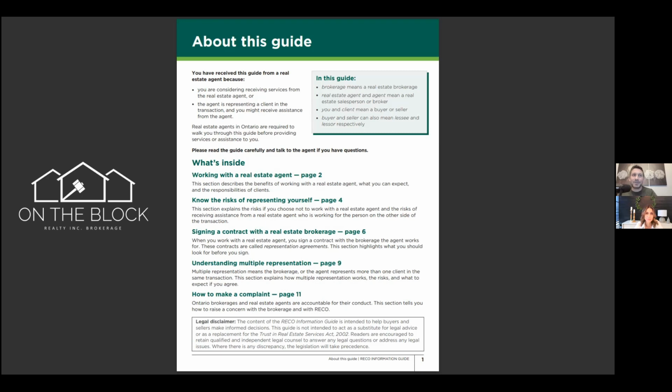This guide will explain the relationships between real estate professionals and consumers, the paperwork involved, the risks of representing yourself, and different scenarios that could occur, such as multiple representation, when a single agent represents both parties on both sides of a transaction. Finally, details about how real estate professionals are held accountable to these rules are explained as well. This guide is meant to enhance your understanding of the interactions and responsibilities you may have in a real estate transaction. It is not, however, meant to replace independent legal advice.